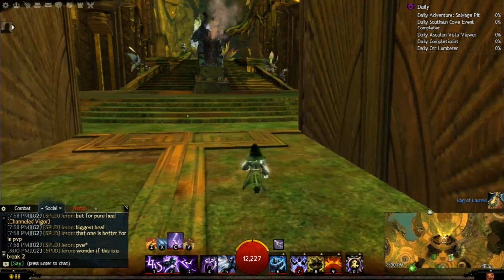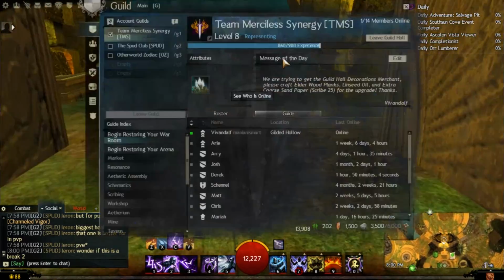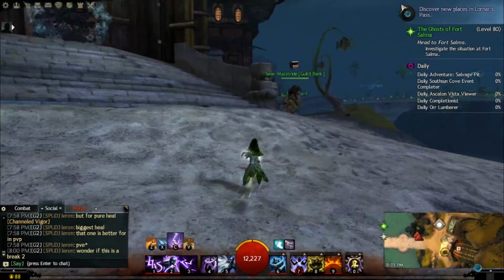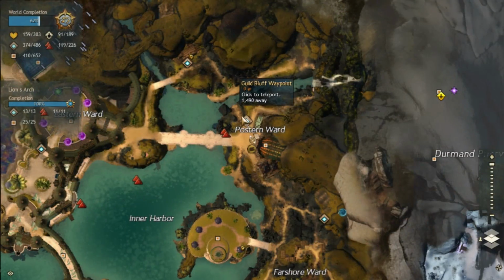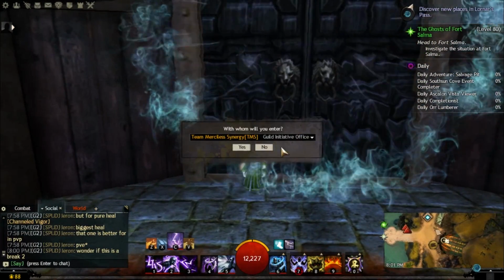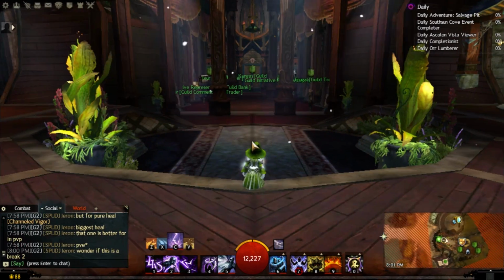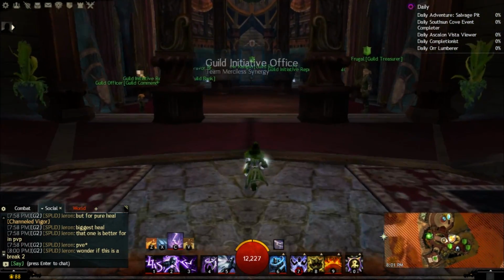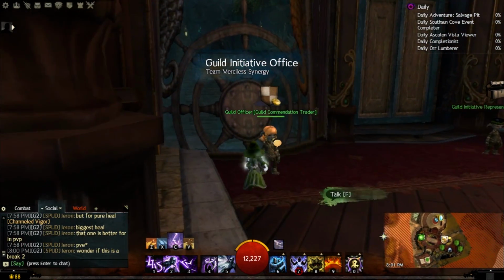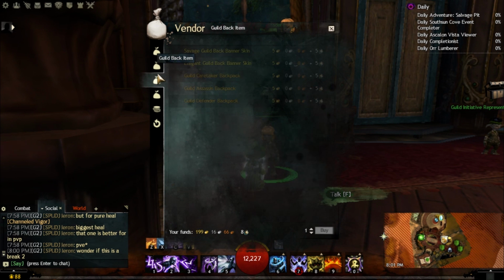I don't know where the NPC is exactly. So let me go to Lion's Arch and actually go there, because I don't know where the NPC is in here. All right, so here we're in Lion's Arch. If you go to this waypoint right here, the Postern Ward, and you go into the guild headquarters, which everyone has access to, then there's actually a vendor in here that I know sells them. I know exactly where he is, because everything's really small here. And he's right over here. So if you talk to this person right here, you can actually buy your...